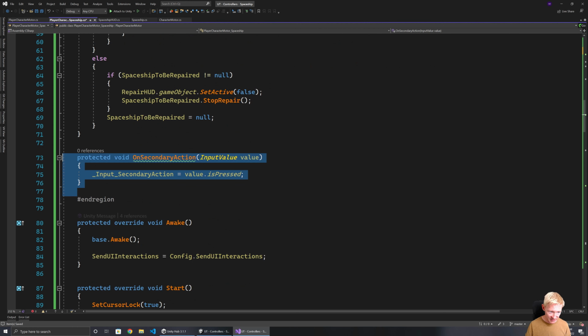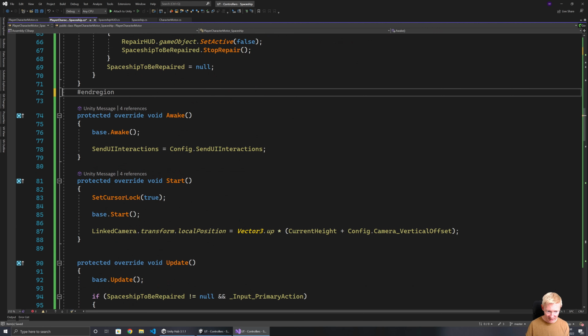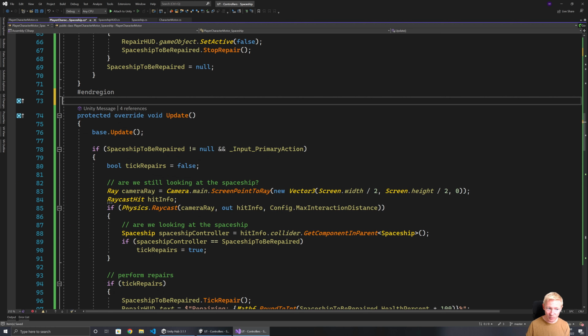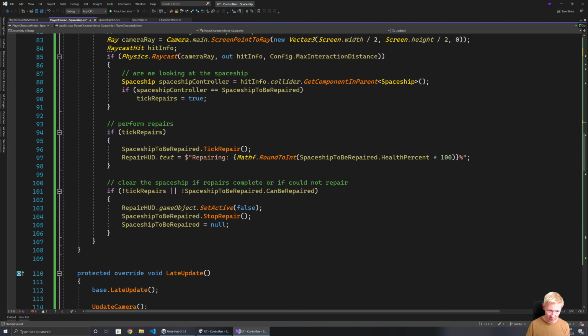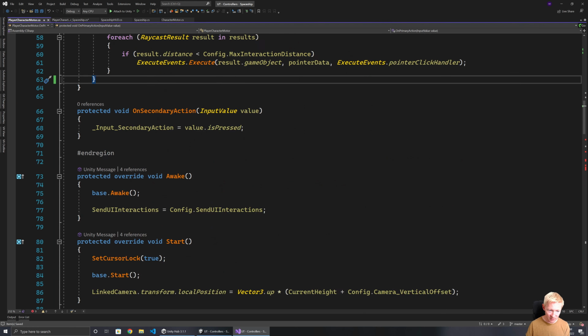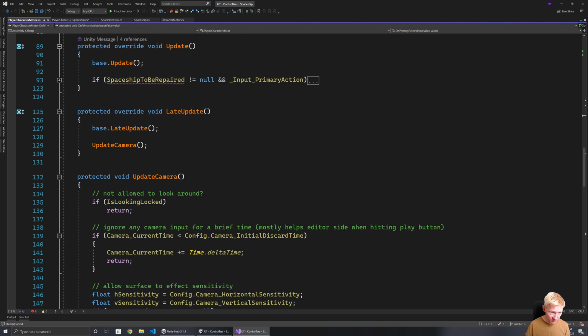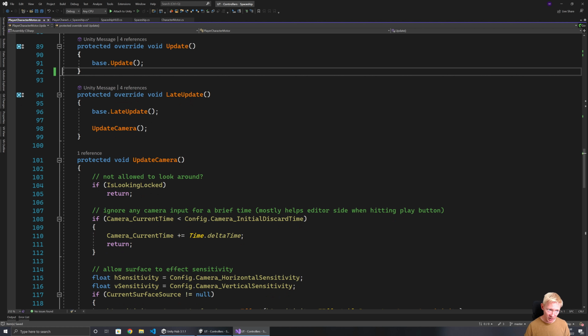Secondary action is exactly the same, so it would go. Our awake, start, all of those ones are the same. Now update. So player spaceship one has some specific stuff, so we would keep that. But the player character motor, we would get rid of those sections. So that goes away. And what we'll find is